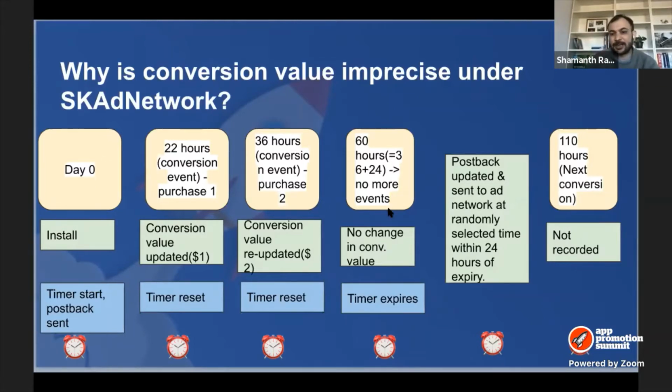The moment the timer expires, the conversion value is sent to the ad network. Actually, it's not sent at the moment of expiry. The postback is sent at any point within 24 hours after the expiry of the timer. So there is no timestamp with the postback. All you know is that there was a conversion. You don't know when it happened. All of this makes